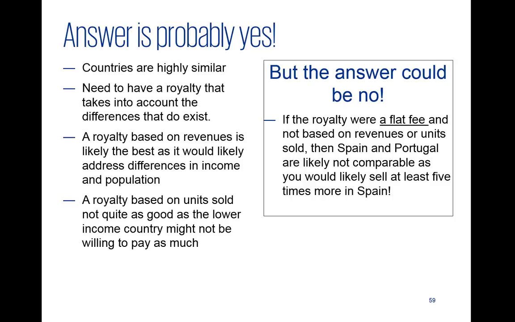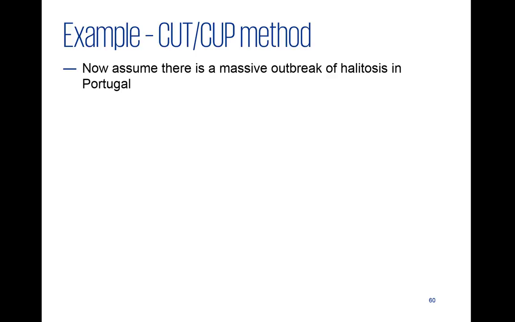The answer could be no. And the reason why I say that is if the payment established on the Externa contract were a flat fee and not based on revenues or units sold, then Spain and Portugal are likely not very comparable, because you'd expect to sell probably around 5 times as much in Spain as you would in Portugal. So there is a time when you might say the contract is completely identical, but there's an important difference between these countries, and it's not adjusted for in how you're pricing the product, and therefore this could become very important to you. So that sort of summarizes the idea of using it as a CUP or a CUT,